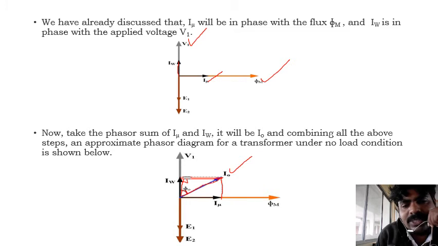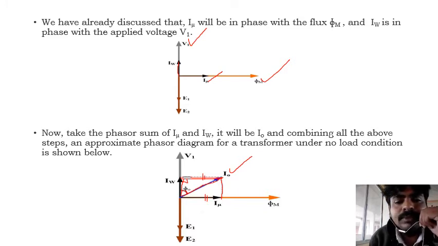And this side is what? It is the adjacent side. What is the magnitude of this adjacent side? It is IW. And what is this side? This side is nothing but I mu. Why do you consider this as I mu? Because these two sides are equal. Now this is I mu, this is I naught, this is IW.